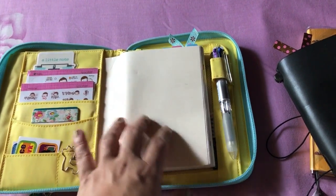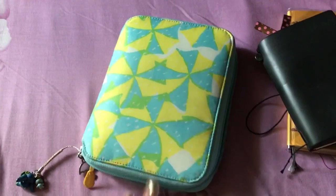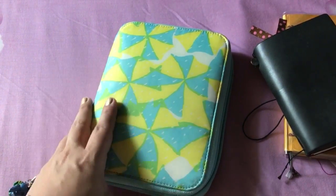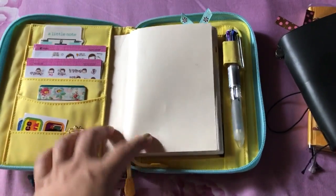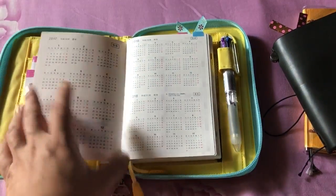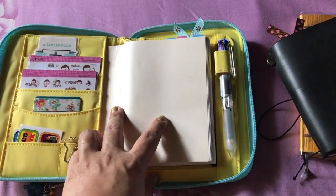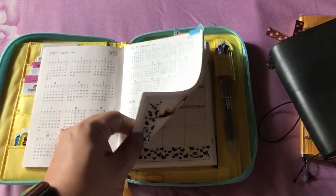I don't know yet, because for its cover, I really like bringing the cover along with me, because I wouldn't have to worry about dirt and such, and it's zipped. So I'm happy about it. Anyways, I just have stickers right here. This is the original Japanese version Hobonichi Techo, and this is my